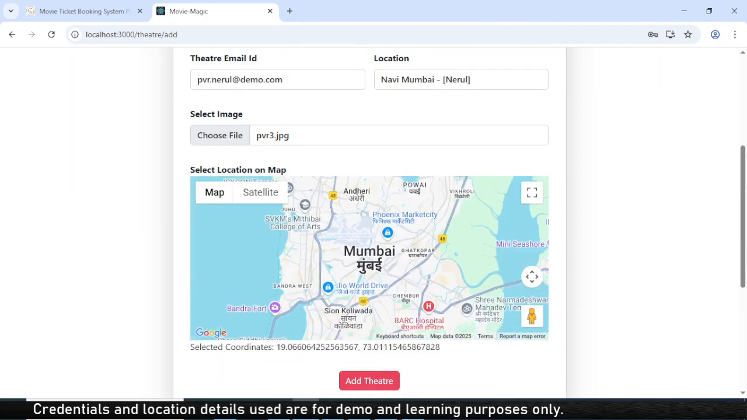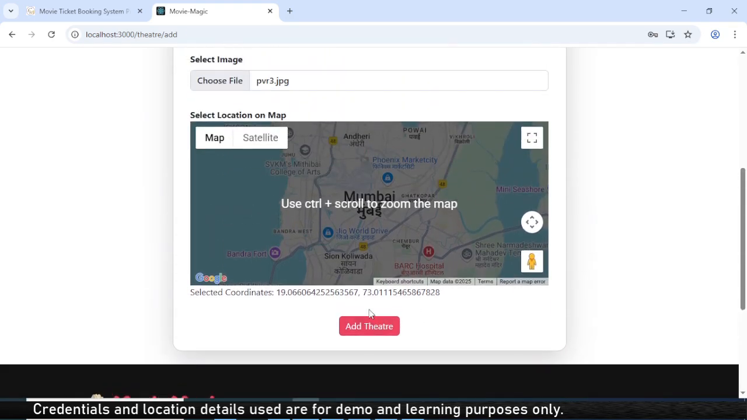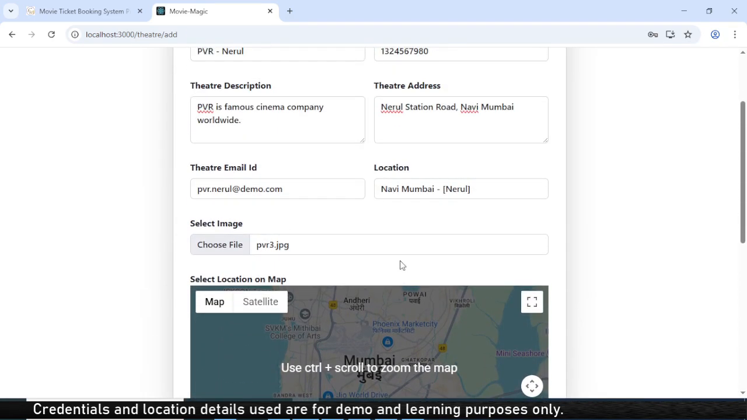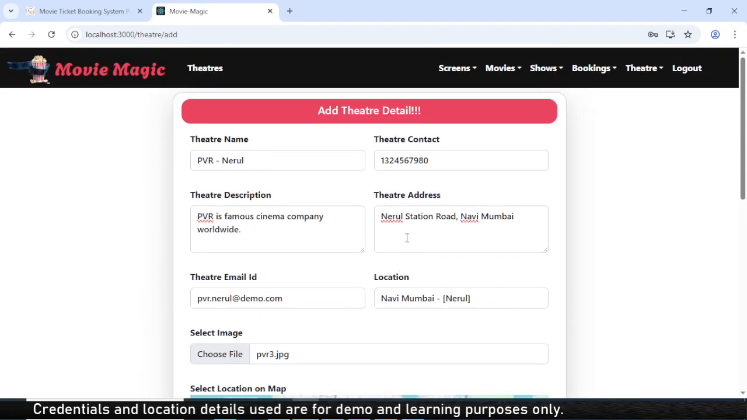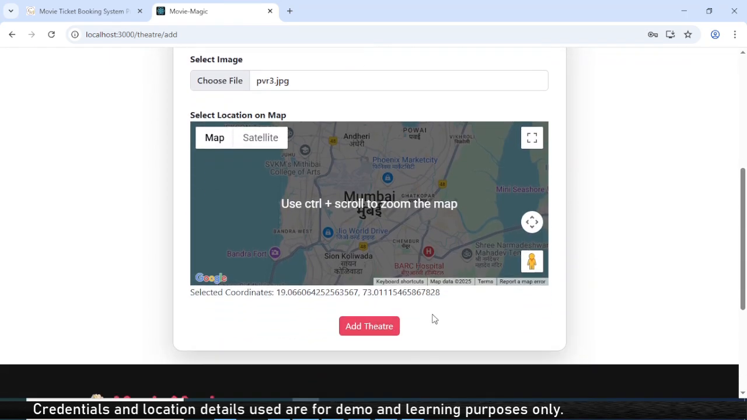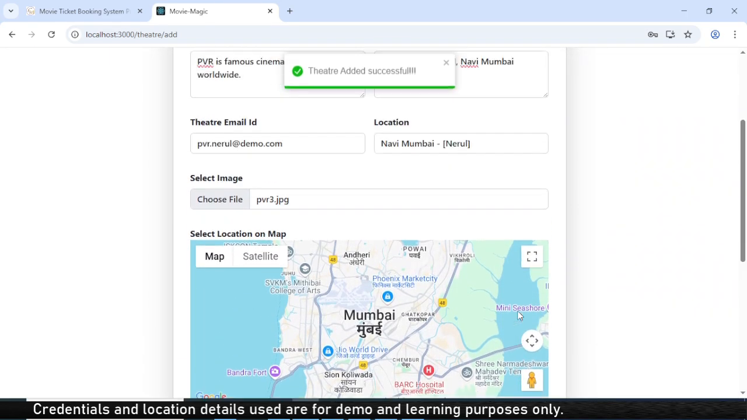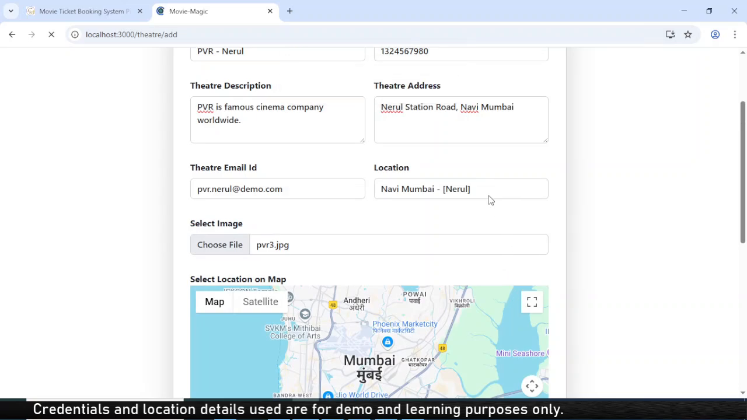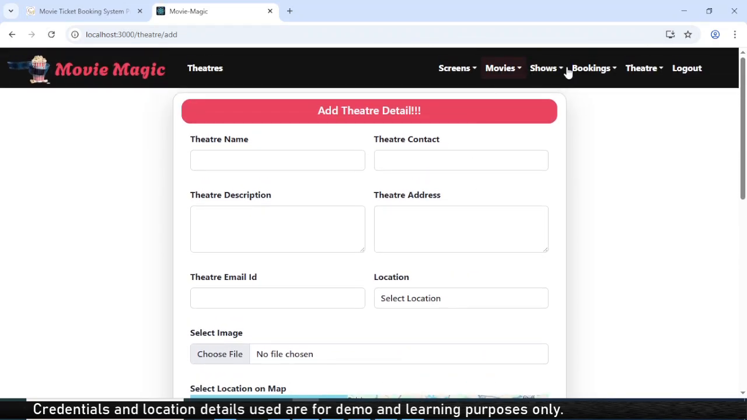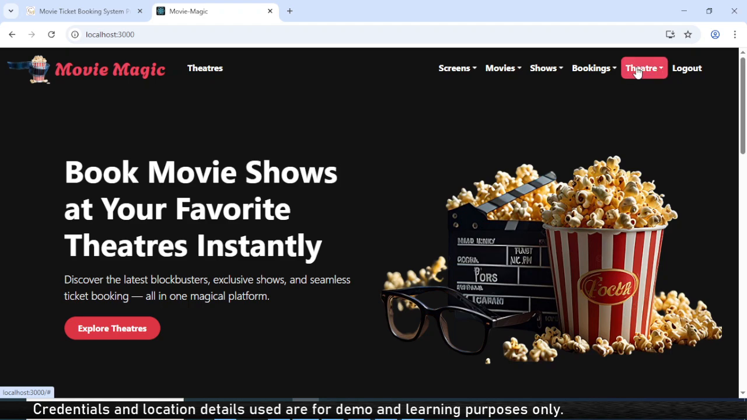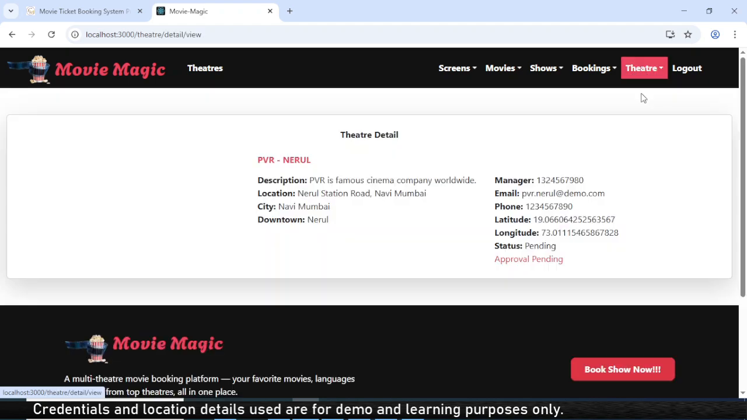Okay, and I'll add the theater. Okay, but in real, let's suppose a theater is registering, then definitely he will have to select the exact location. Okay, since this is just for dummy purpose, I'm showing the complete overview of the project, so it's fine. Okay, but yeah, so now since we have added the theater, we can see the view detail,